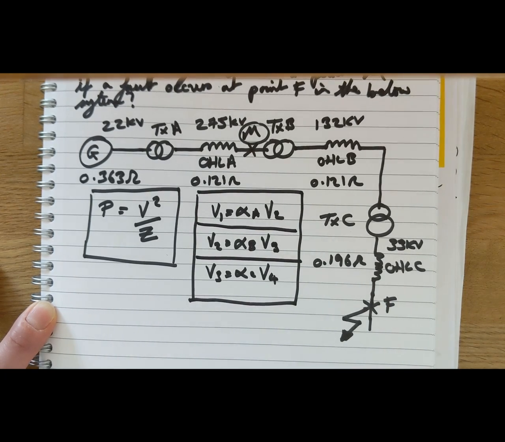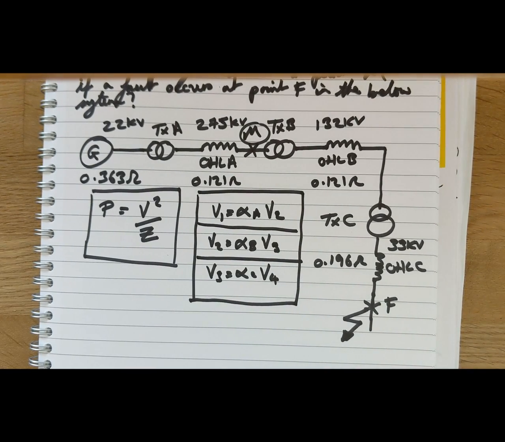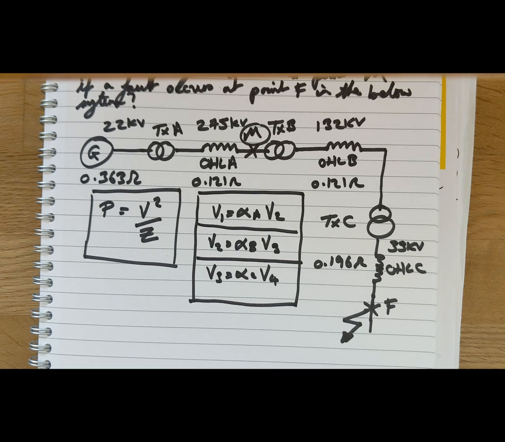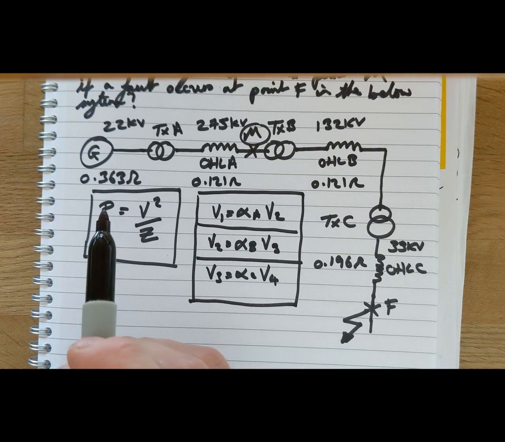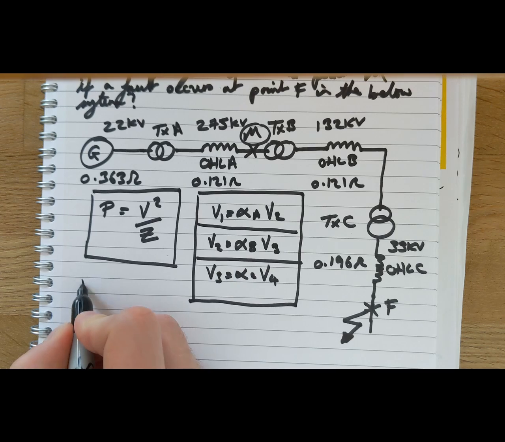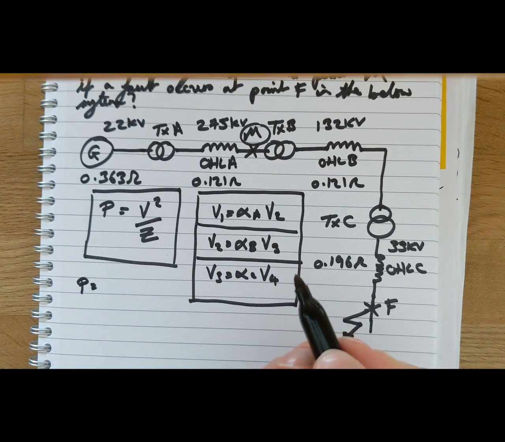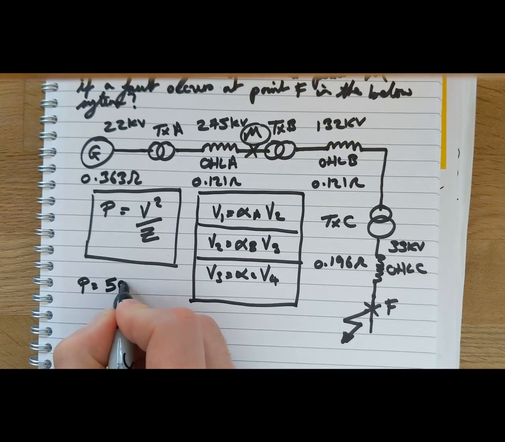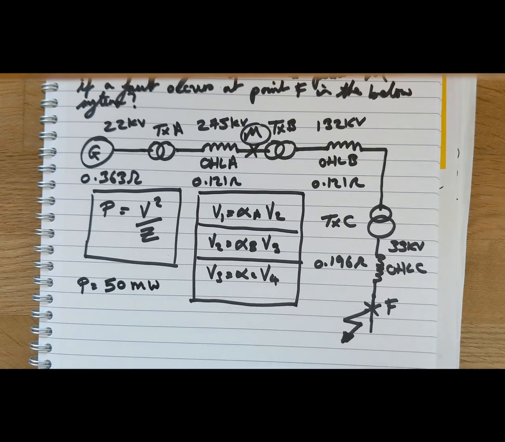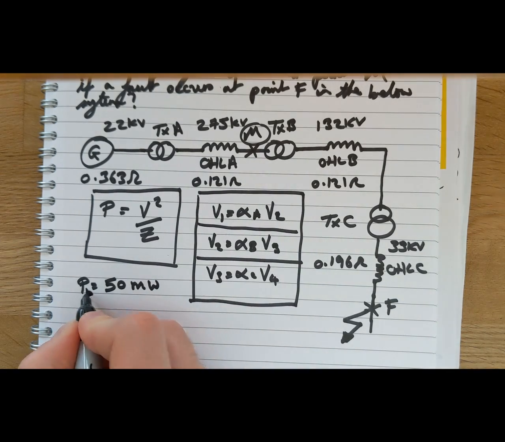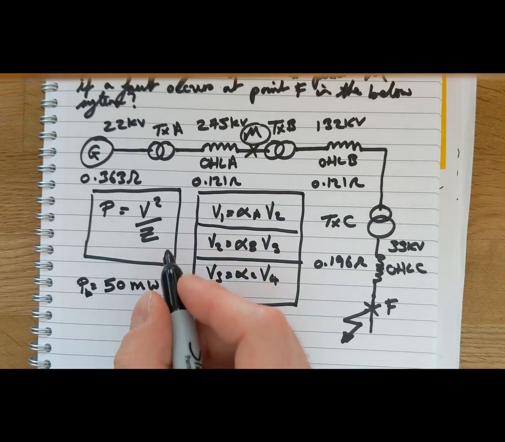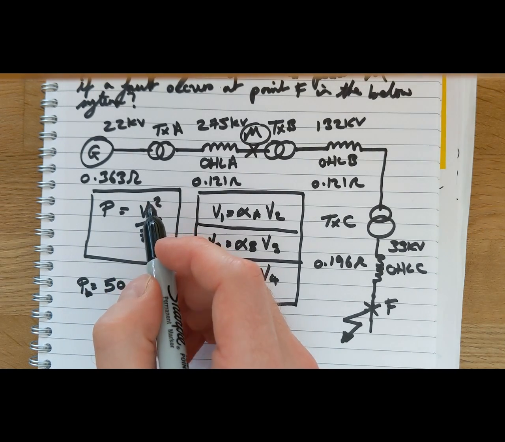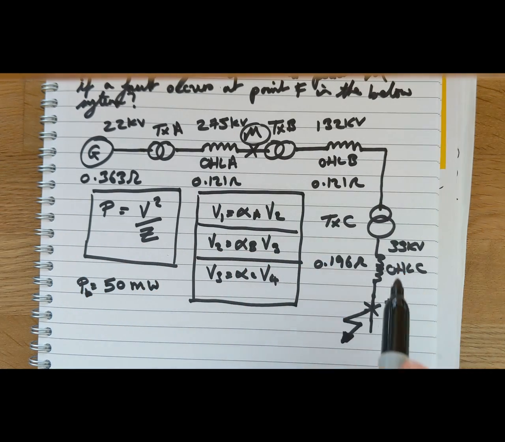So, first things first, we need to work out all our bases. With this equation, there's 3 variables, so we can arbitrarily define 2. Traditionally, you define power arbitrarily, so we'll just say 50 megawatts is our power base. And then our voltage base is a little bit more complicated, so we have to pick where our voltage base